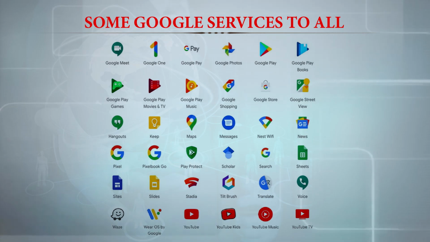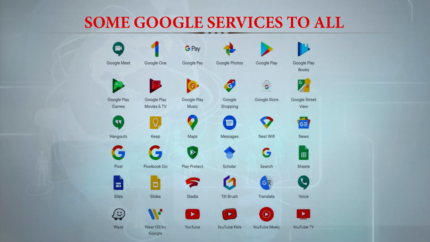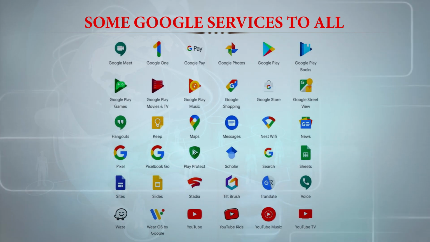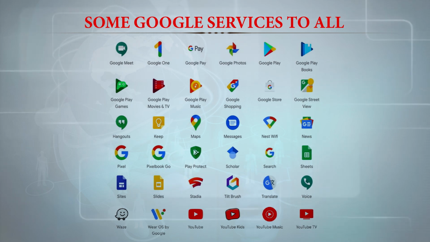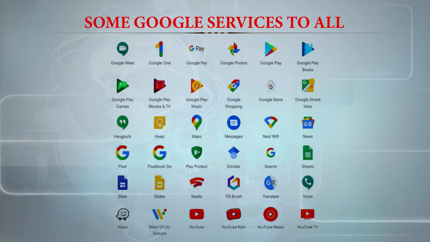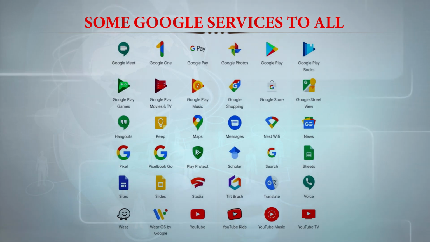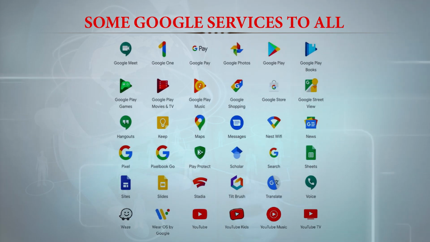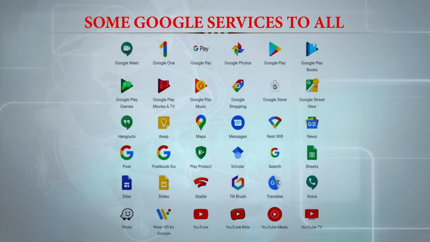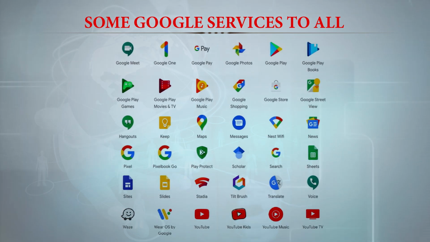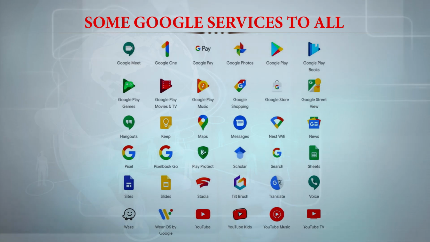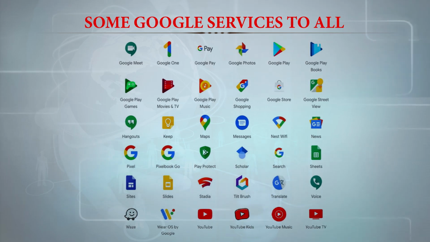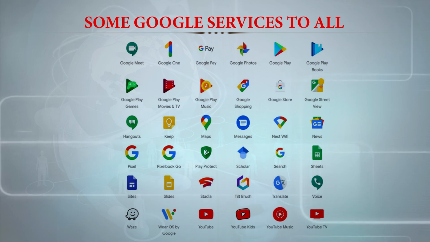Google Messages, Nest Wi-Fi. Nest Wi-Fi is very famous. You can just click on it and see what it does. It does amazing things. Then Google News, then we have Google Pixel, that's a mobile phone released by Google. Then we have Google Pixel Book Go, Google Play Protect, then we have Google Search, which is the main thing due to which we are going through these products, Google Sheets, Google Sites, Google Slides, then we have Google Translate,